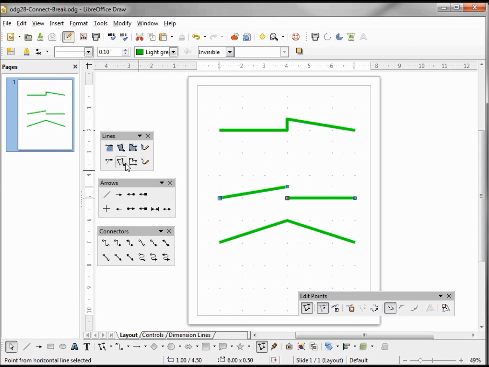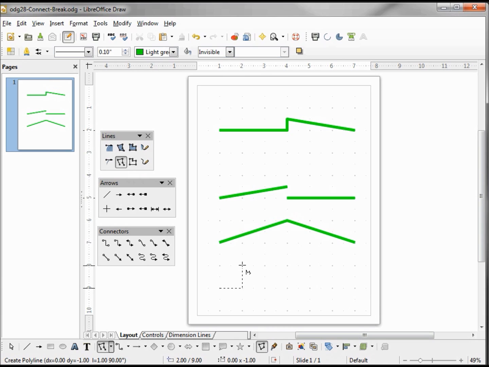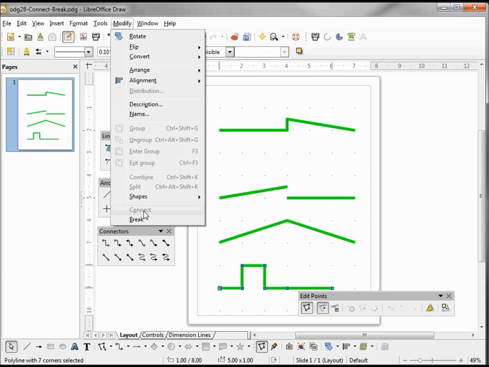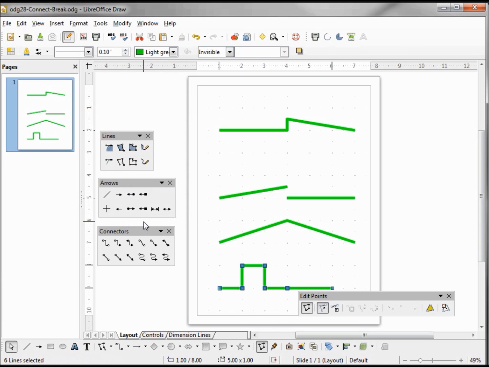To show this, I'll add another polygon, pressing and holding down the mouse, releasing the mouse, now going up, clicking, right, clicking, down, clicking, to the right, clicking, and to the right where I'm going to double click and complete our line. So we've got 7 transition points with 6 lines in between there. If I go up to Modify, Break, it breaks it up at all our transition points and gives us 6 independent lines.